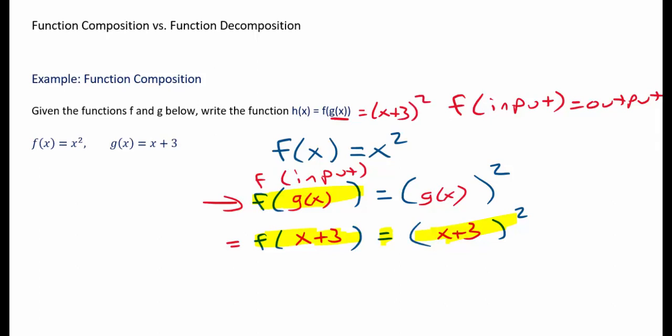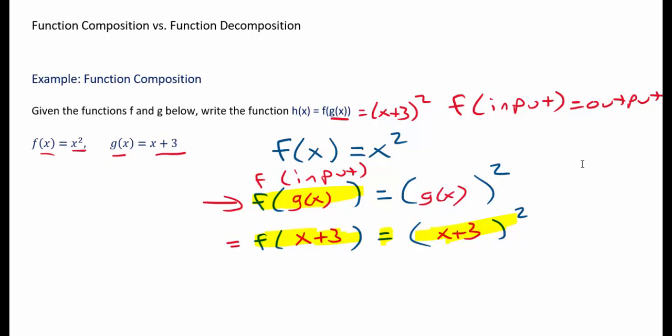Like I said before, because (x + 3) squared is not the same as either of the two original functions, we had to give it a new name. But in the end, this new function h does exactly what g and f would do if you apply g first and then f. So let's take this exact example and talk about function decomposition, which means